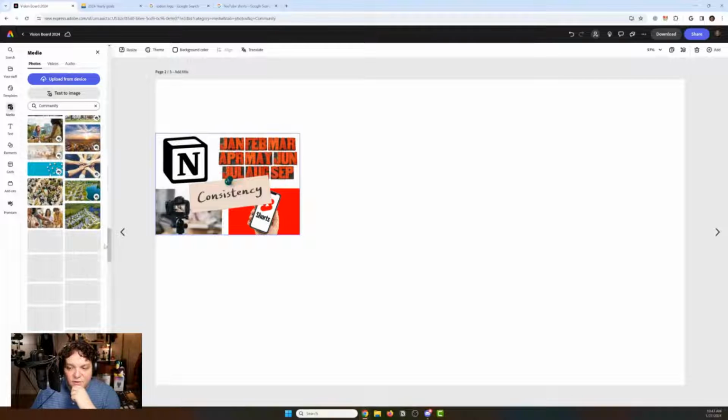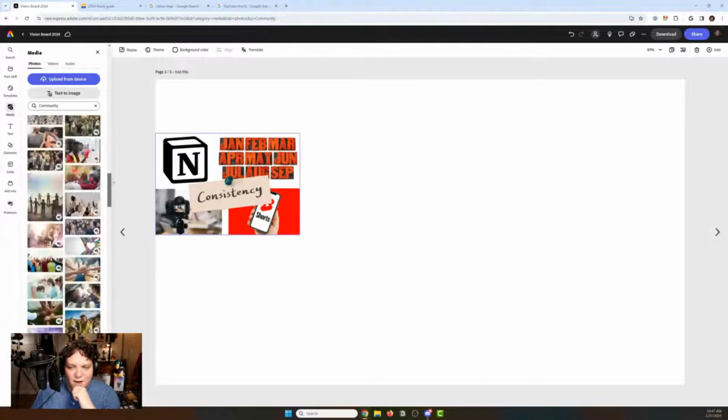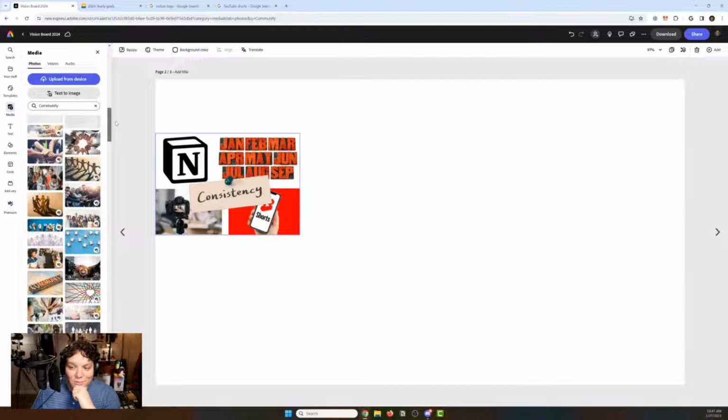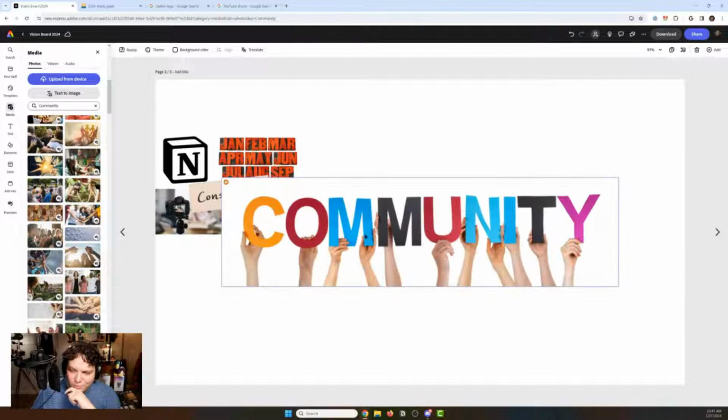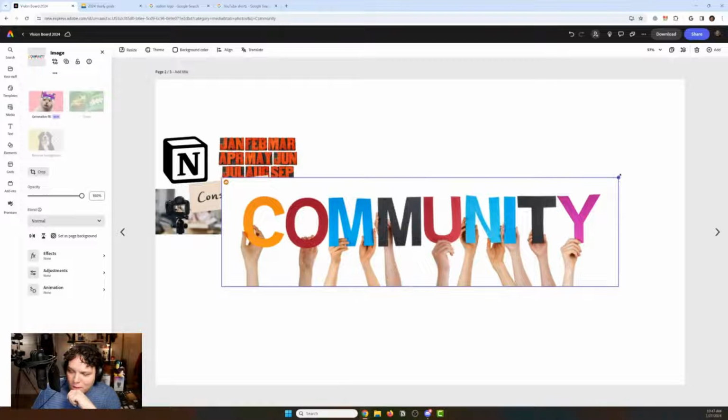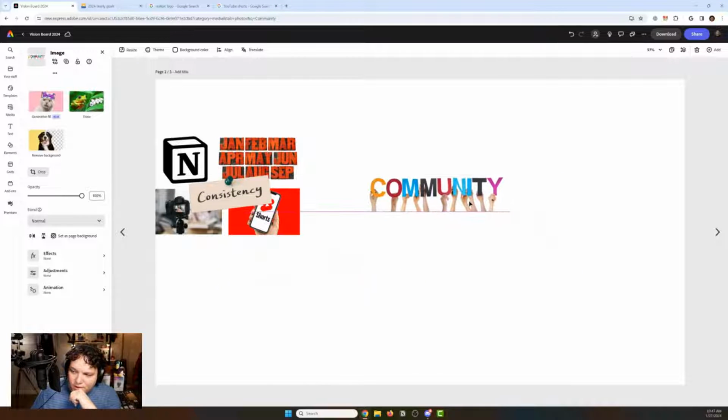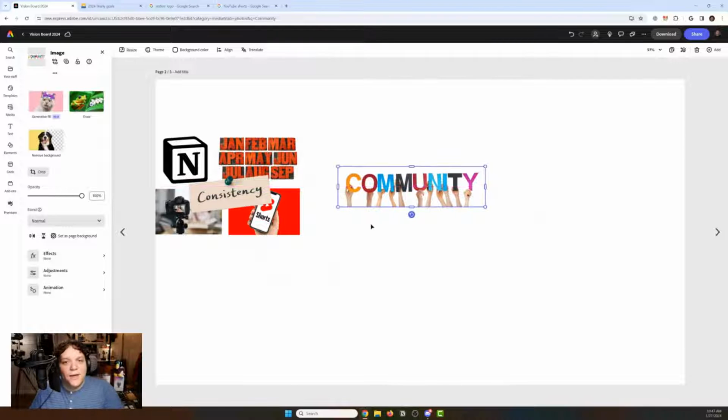And again, there's going to be a lot of searching, there's going to be a lot of finding. I really do have a lot of fun when it comes to doing these things. Like this one, for example, maybe it is as simple as putting community like this, have this kind of be your center focus. So what do I mean by community? I have the Discord server, which is linked in the description, but I also have the community that's here on YouTube.